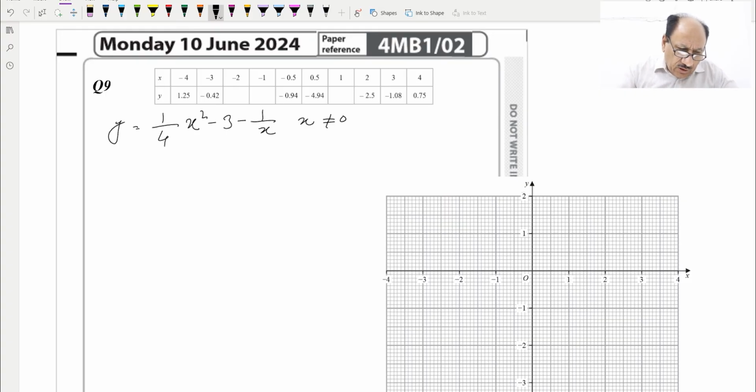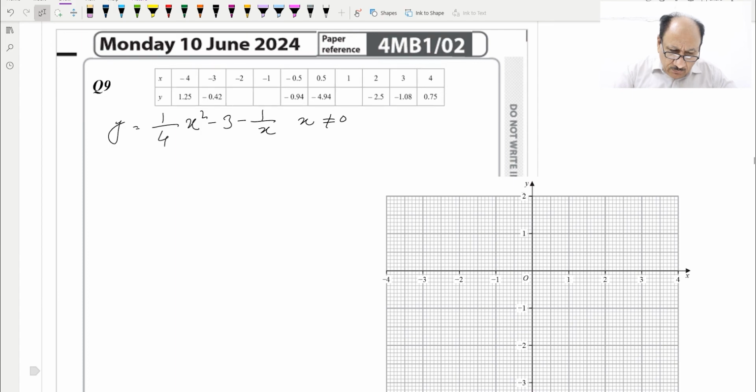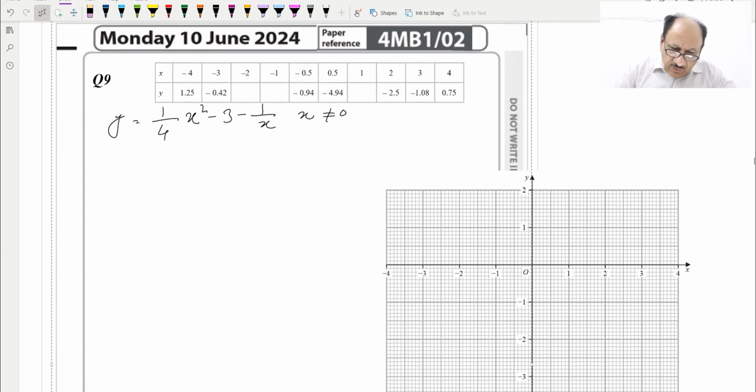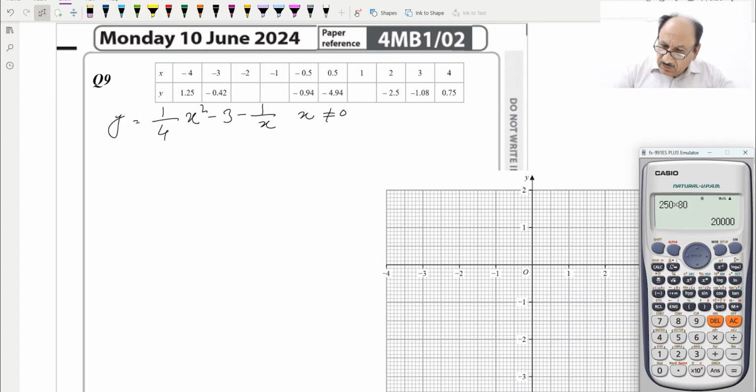For part A we need to complete the table of values, and we can easily complete it by typing in the calculator,